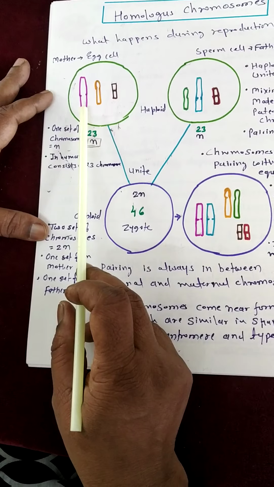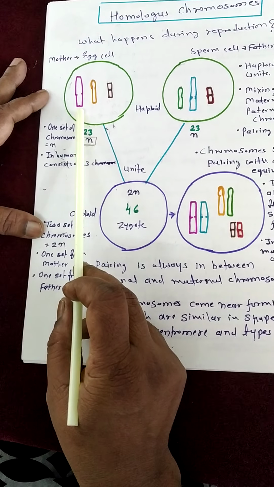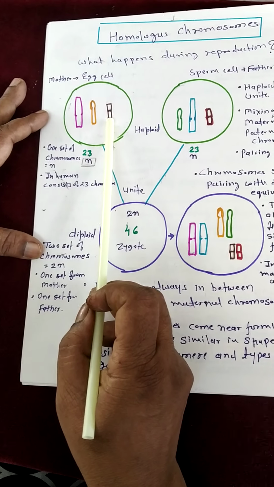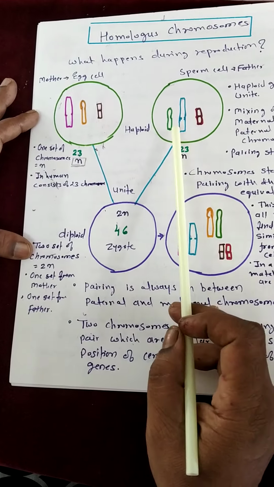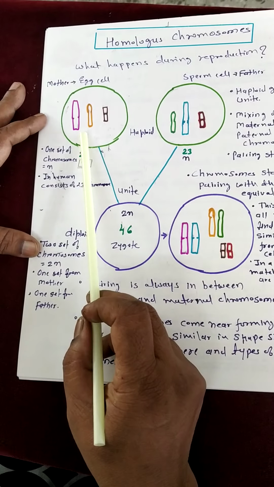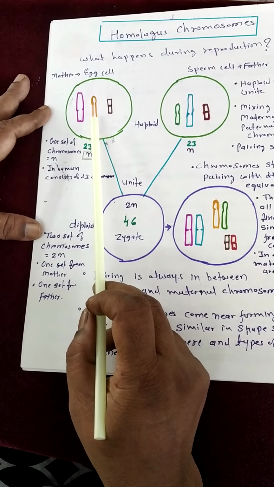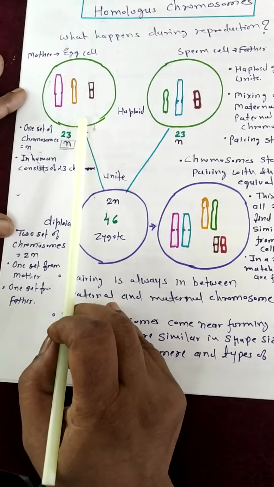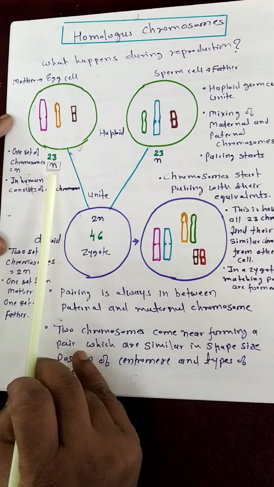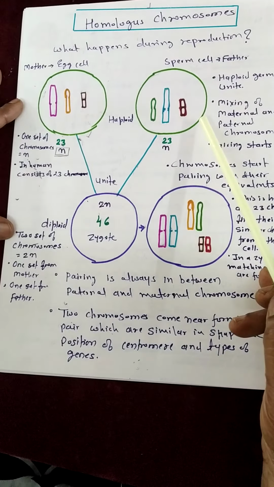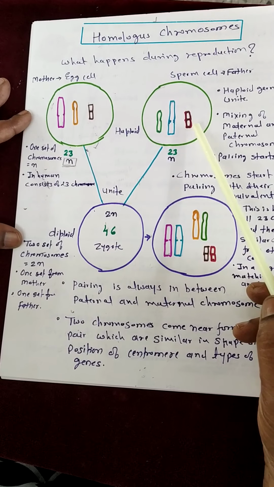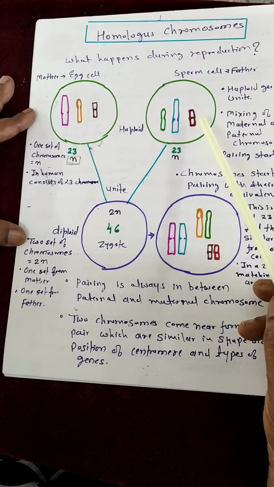You can see here some number of chromosomes are given in the pictorial form, in the form of picture. Here 3 chromosomes are there, and in this cell also 3 chromosomes are there. This is a human cell, and that's why here there must be 23 chromosomes. So one set of chromosome in human consists of 23 chromosomes, and it is denoted by n.